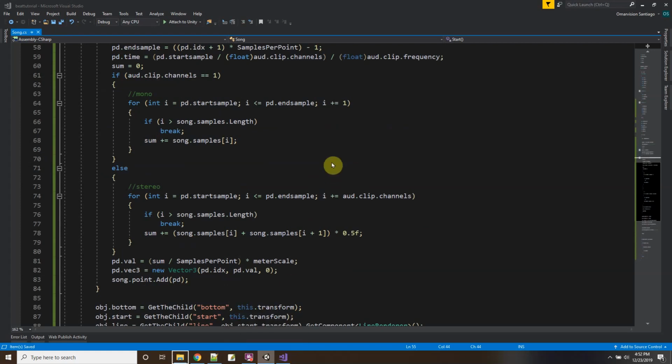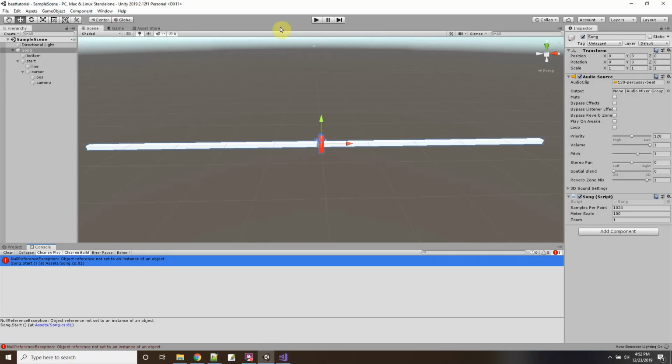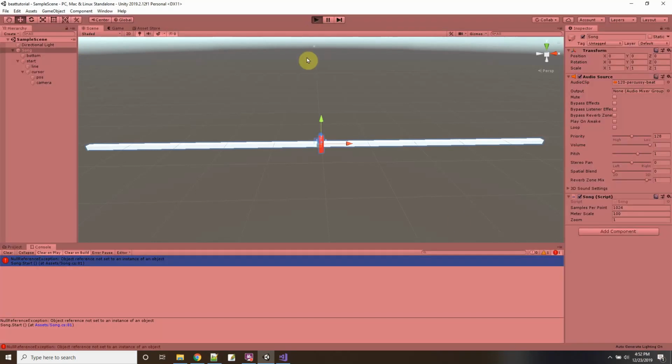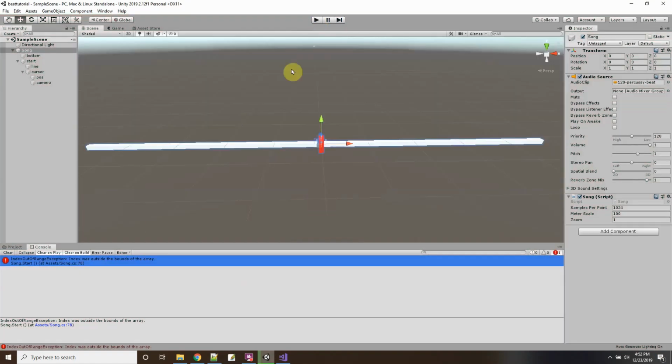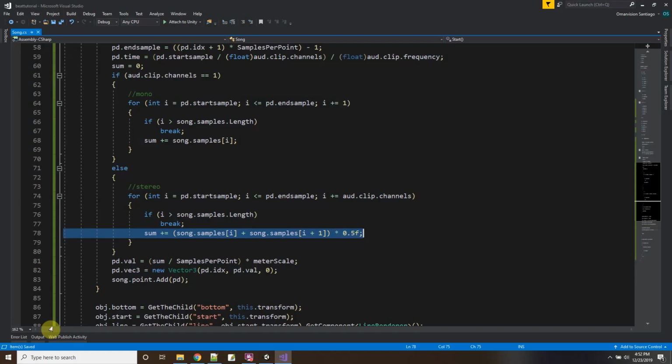Let's go back, make sure I saved. Okay, there's no star there. Go back over here and let the script be processed by Unity. Now I press play. And let's see what happens. I get another error. It's okay, error banner, we get through it. So let's see what this error is on line 78,